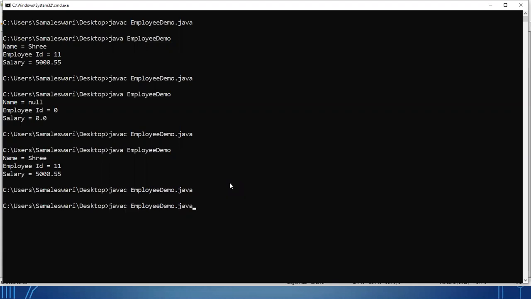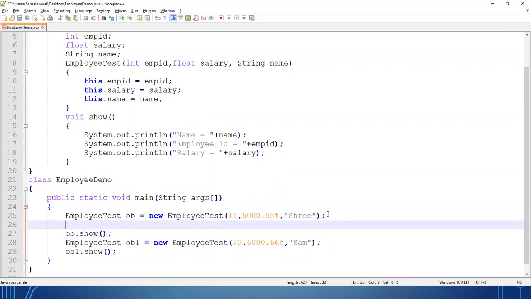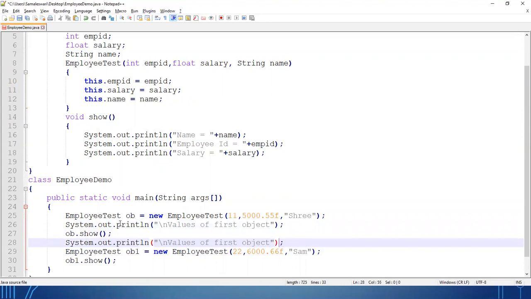Better, let's write down one statement so that you can understand. Now, currently, this is pointing to which object? So before the print of every statement, I am giving a message so that you can also differentiate the use of this keyword.